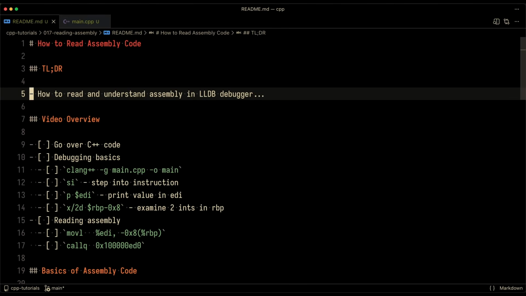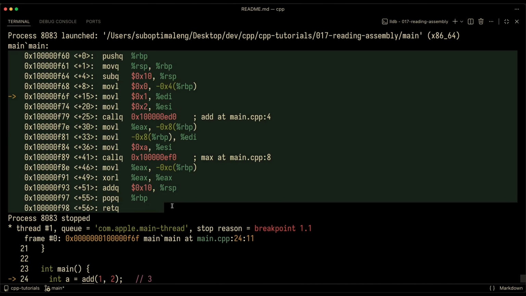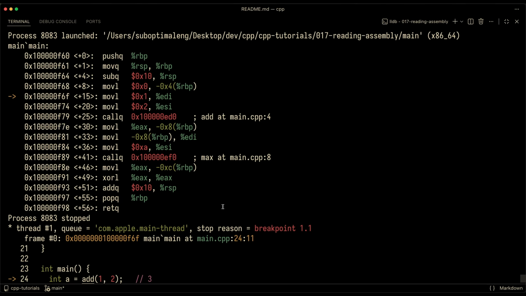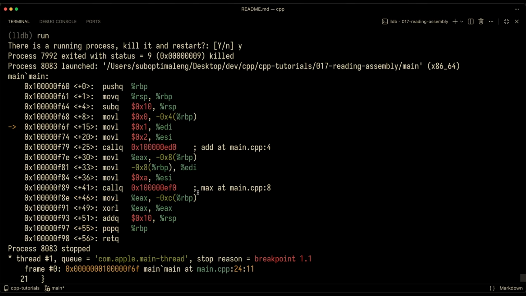Hello friends, in previous videos we've gone over how to debug code in LLDB as well as in VS Code, specifically C++ code and stepping through the code line by line. What I've realized is that I've never actually explained how to read assembly code. Whenever you see code like this, this is assembly code and I never explained how to read it, so I figured why don't I go ahead and give a little bit of a tutorial on how some of the basics